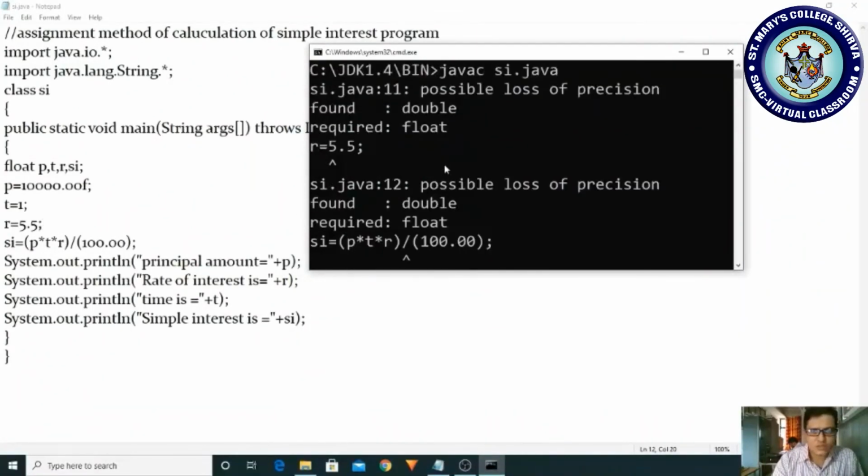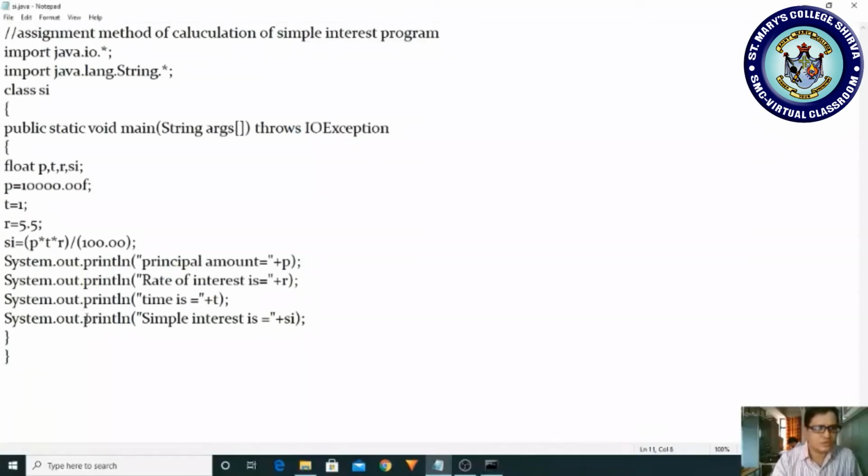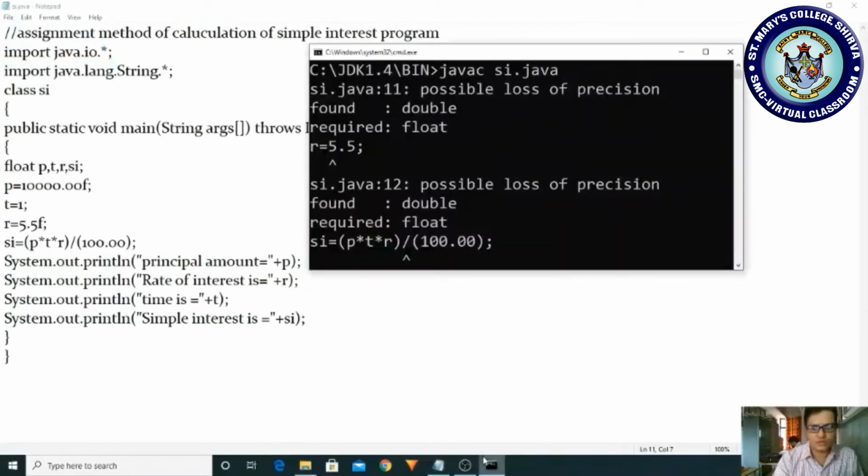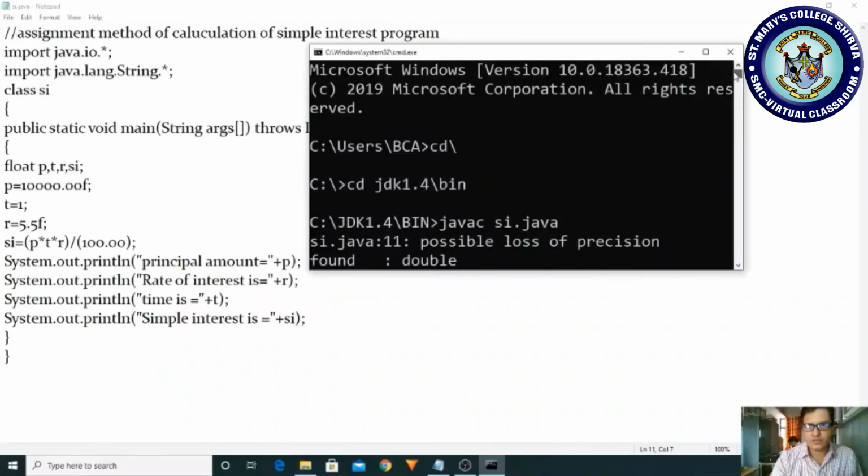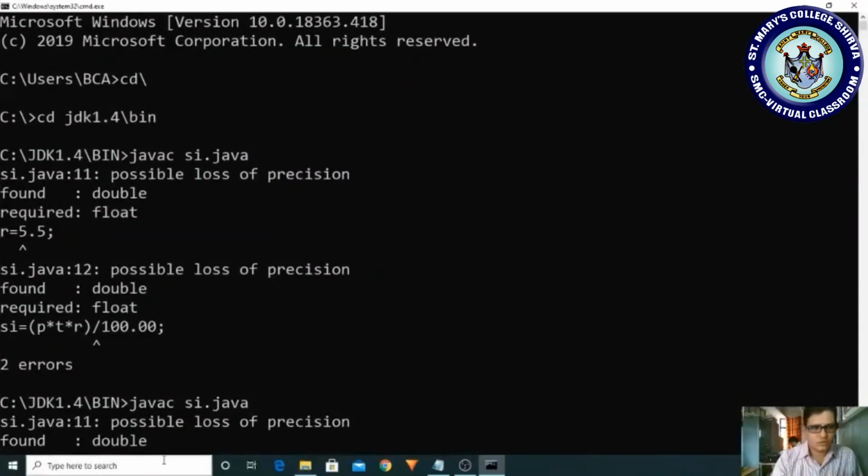Yes, what is this? Required float. Okay, here also see 5.5f. You have to particularly mention it. Sometimes your editor will ask, it has to be mentioned with f. Okay, now